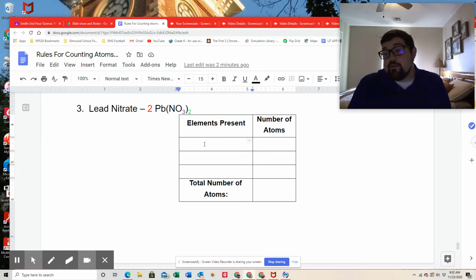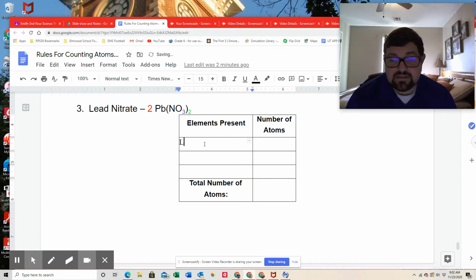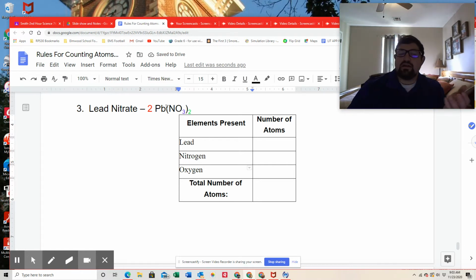Let's go back to the very basic thing before we even get into that. I know I started off with the new things, but let's just first say what elements are in this, okay? So lead is Pb. That is a lowercase b, so lead is one of those elements. Nitrogen is the other, and then oxygen is the O, right? And so we were just describing, if I look at this, there's nothing underneath lead, so there's only one